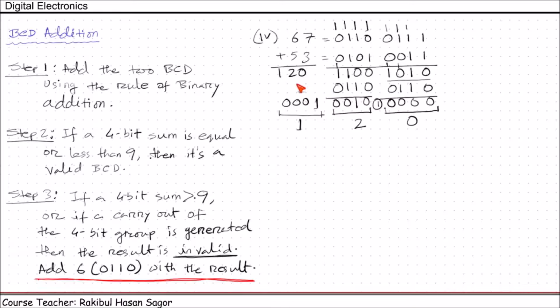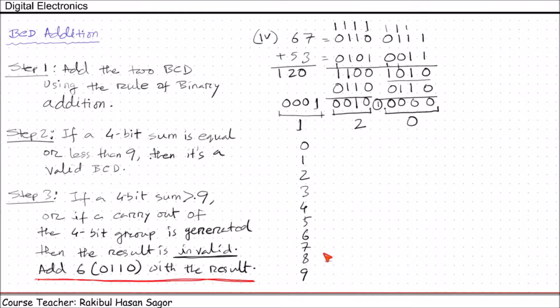I hope the process is very clear to all of you. Now the question is, why do we need to add 6 when the addition is an invalid BCD? Because for binary coded decimal 0, 1, 2, 3, 4, 5, 6, 7, 8, 9, the corresponding binary value is 0000 using 4-bit binary, then 0001, and so on up to